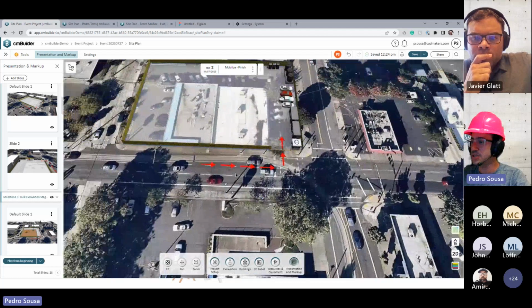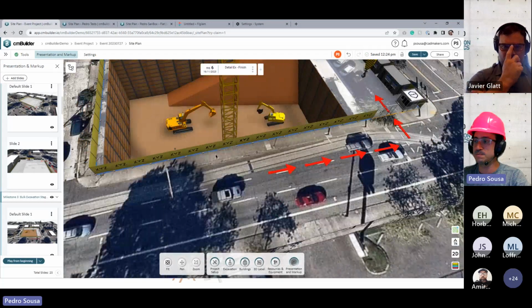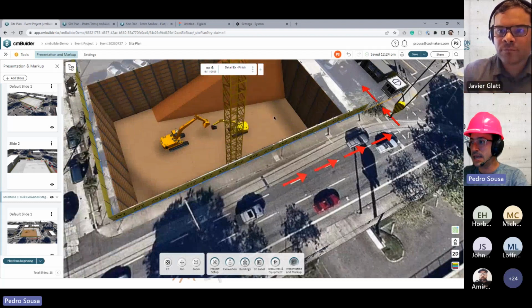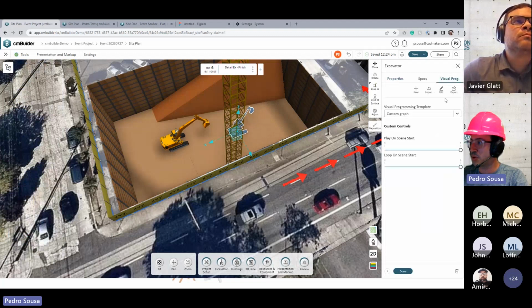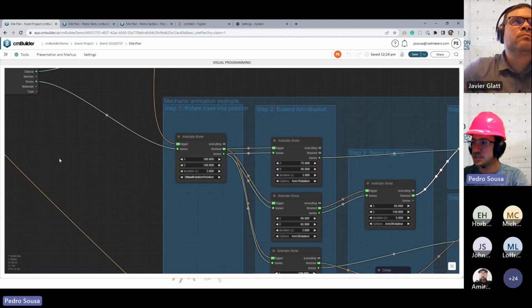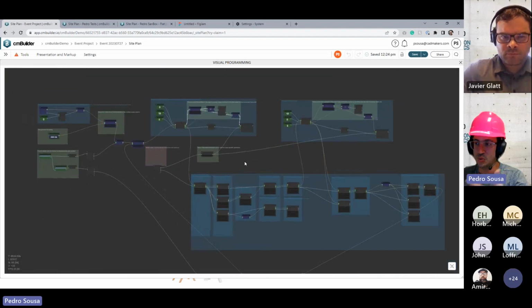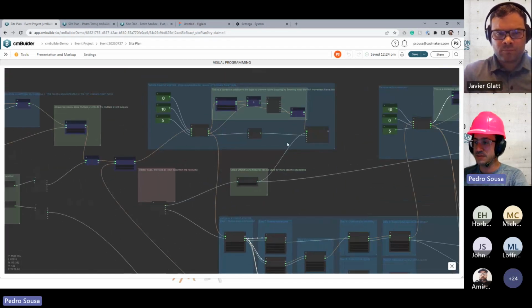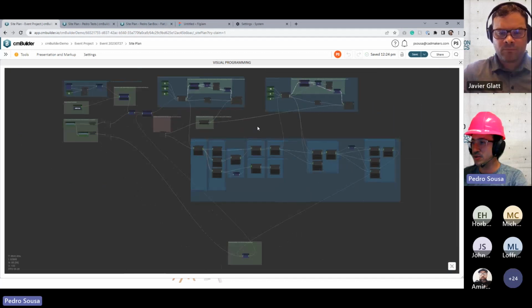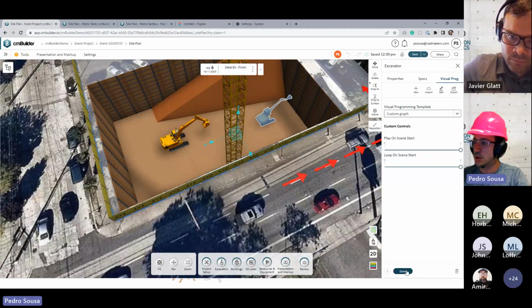So about the animations, in the last workshop, I showed how to create these animations, right? These animations are controlled by our visual programming tool, and the visual programming tool is still at an experimental stage. We're still working on it and improving it as we go. So this is a very complex one. We don't need to cover all of those, but when you're working with the simple ones, the one that I showed in the previous workshop,